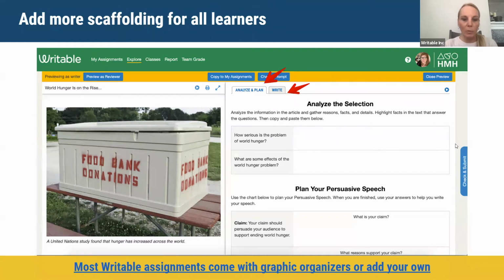But we also have really fabulous ready-made assignments that are differentiated that we're going to show here next. But what I want to remind you with the graphic organizers is that we have a wide variety in our template bank that you can choose from. So we recommend that you look at what we have first, and then if for some reason it's not what you need and you have a very specific graphic organizer, there are directions to show you how you can add your own, but you would need to be connected with Google and have that graphic organizer in a Google Doc